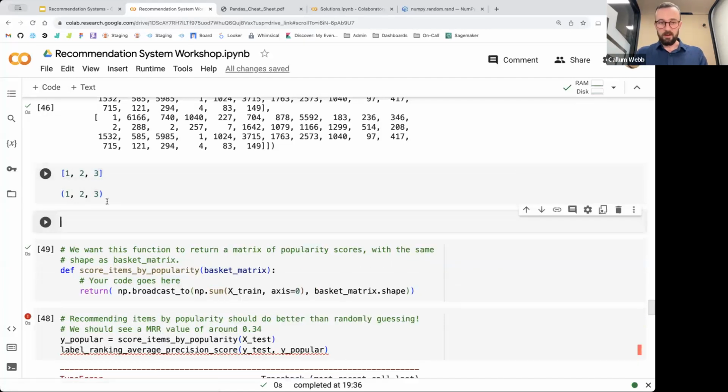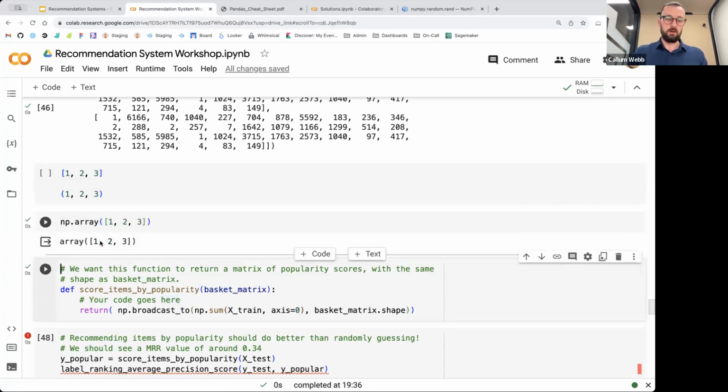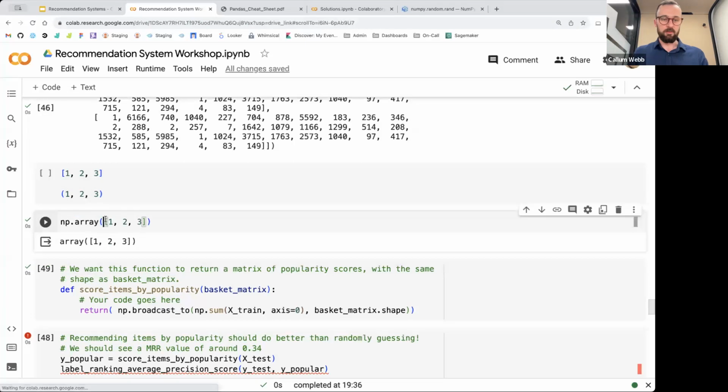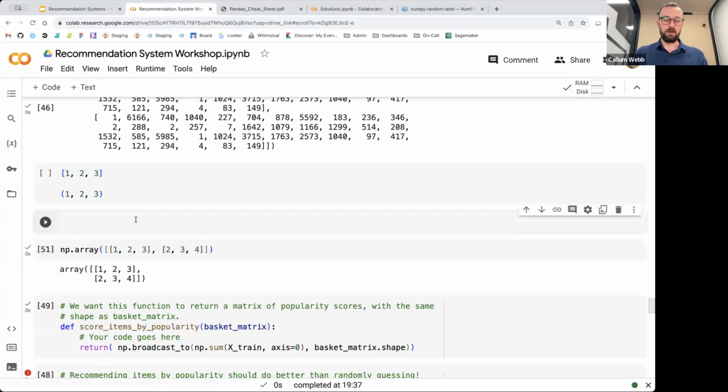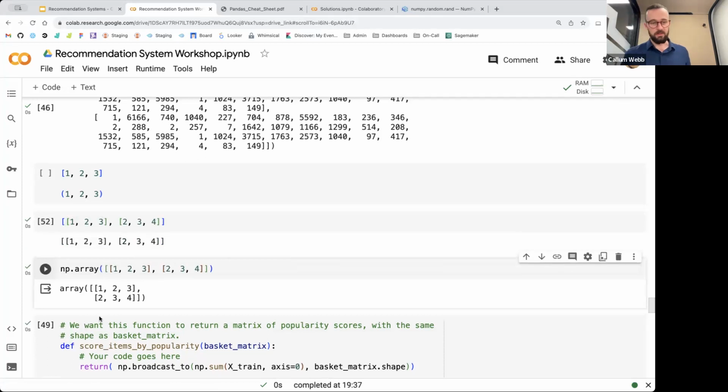And then the array is sort of like a generalization of the list, in that you can still have a very similar data structure, but the array supports a lot of useful linear algebra operations, and it supports arbitrary dimensions. And what I mean by that is you could have this kind of thing where you've got an extra row. And I know you can do the same with a list. Like you could have a list that looks like that. The difference internally is that this array is going to be much more efficient when you do things like array multiplication, summarization,